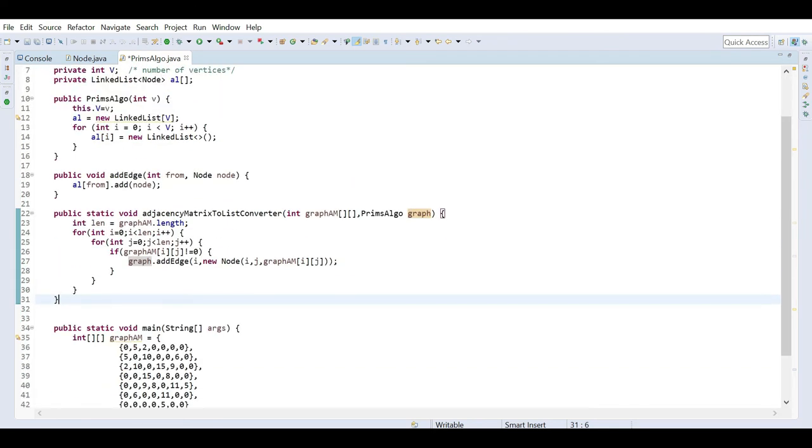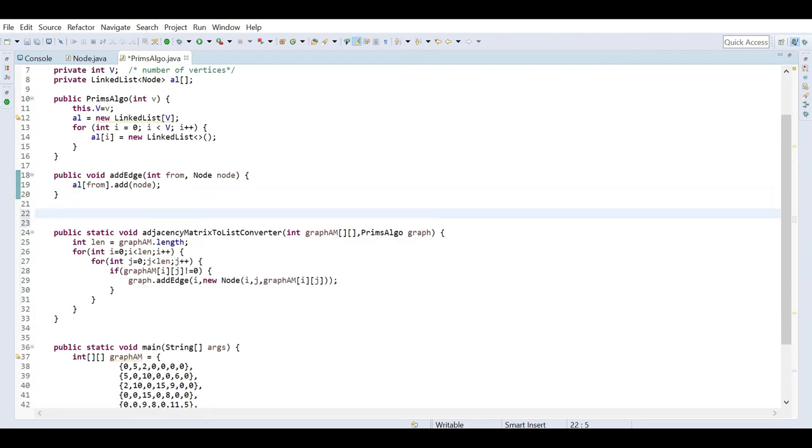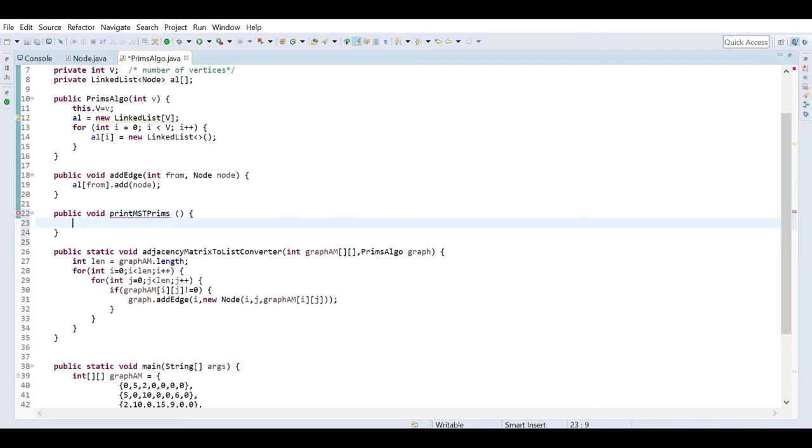Now I have to write the actual core logic for implementing Prim's algorithm. For this I can define a method that is public void print MST Prim's, minimum spanning tree, as I am using Prim's algorithm.